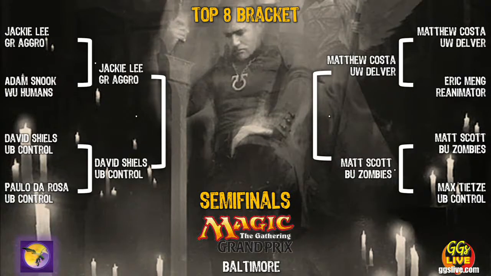All right, so the top 4 is set. Dave Shields will be playing against Jackie Lee. Dave Shields, blue-black control. We just saw him beat Paulo Vitor Damo da Rosa. Jackie Lee playing red-green aggro. Other side of the bracket, we have Matt Costa playing blue-white Delver against